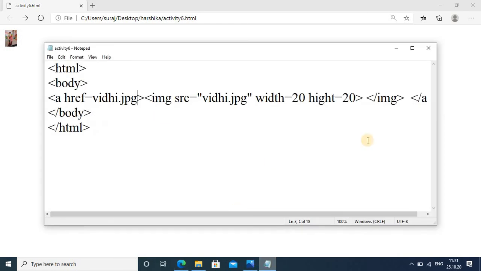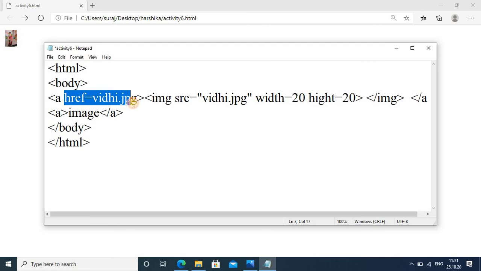Okay, so like this way you can make your image a link. One more thing I will show you here: many times if you are visiting a website, you get it like this way. Okay, so see, anchor tag and image. I gave the same destination here in href, and the same file you give here.